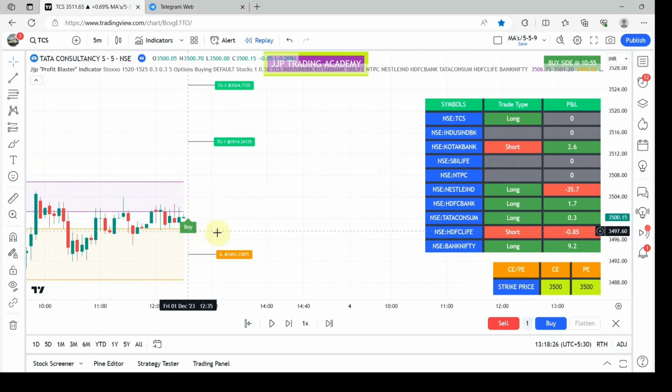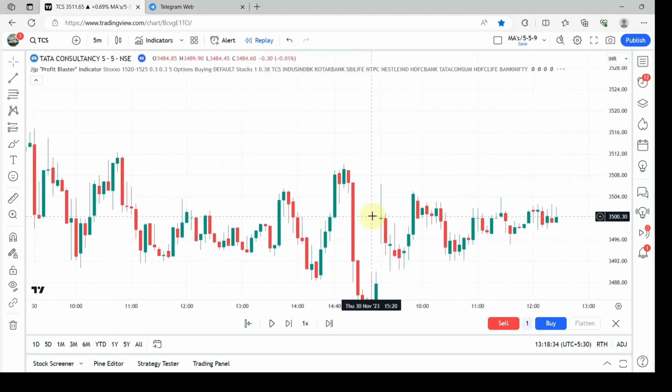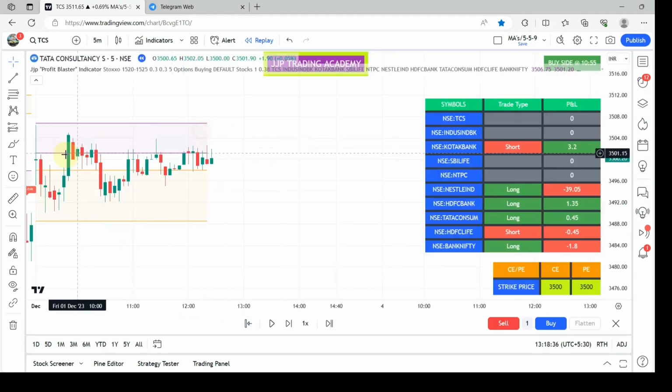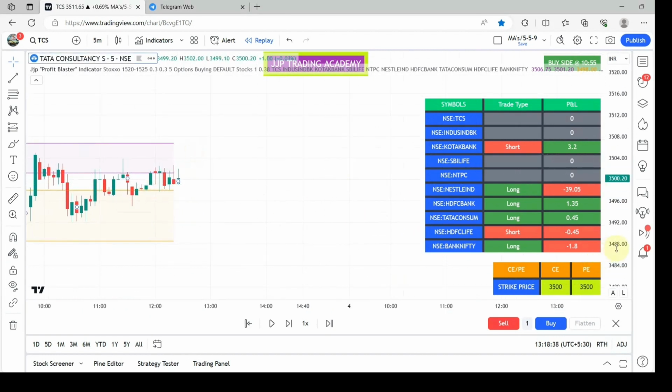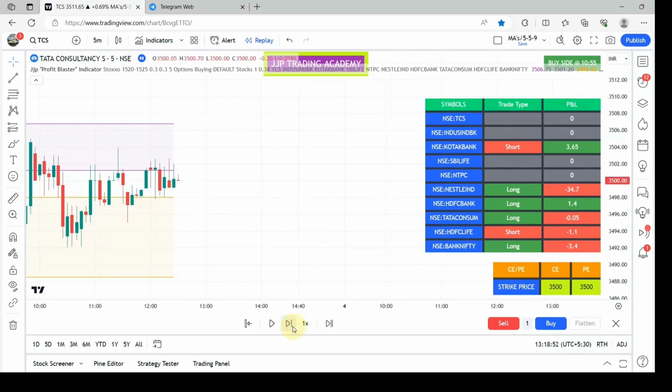Okay, one minute, I am just going to the previous candle also. Okay, now there is no signal in this box. Because there is no buy signal at 12:25, it is showing no signal. So if you go to the next candle by replay mode,